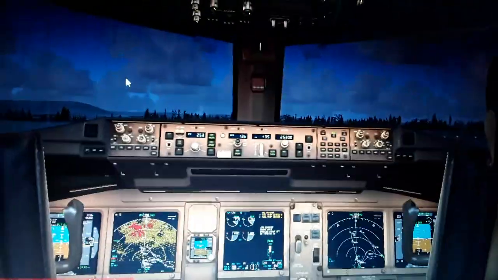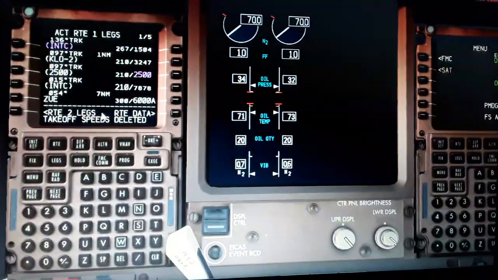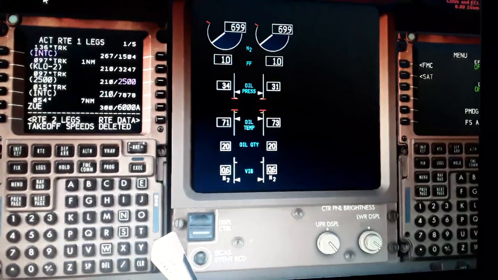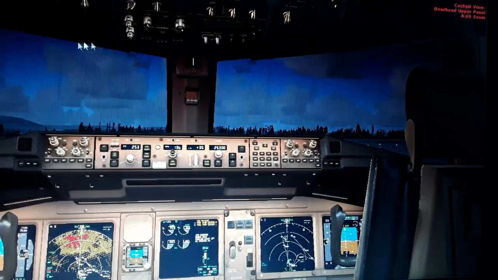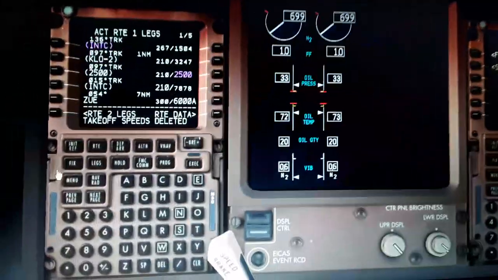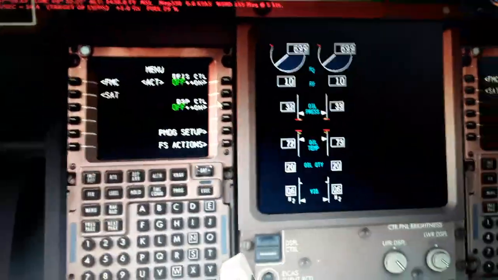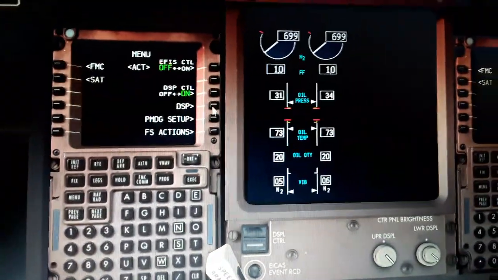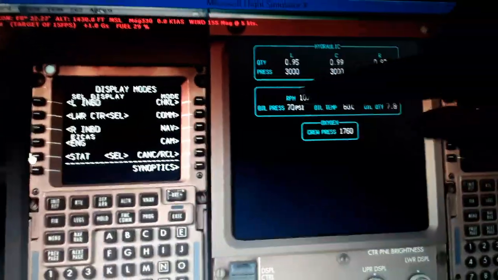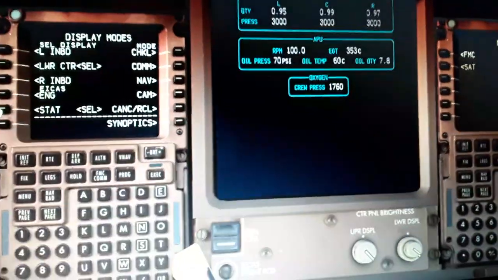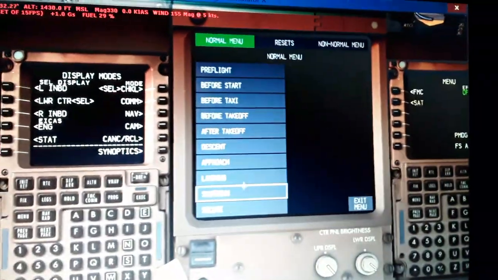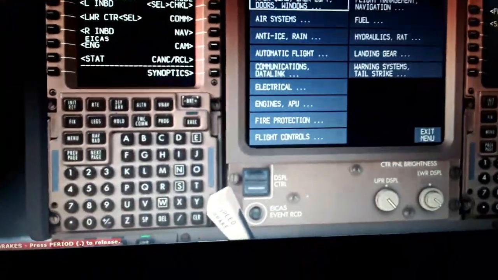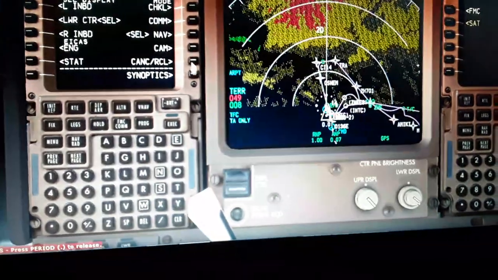Now we're gonna proceed with the CDU main components also. We need to start the engines in a couple of minutes. So CDU, we have the menu, the systems. Here you can see the engines, the display, the status. You can see the APU running, the oxygen level. Over here the hydraulic, the checklist. We have the normal menu, what we need to do before start, the reset, the non-normal menu, the communications, navigation,